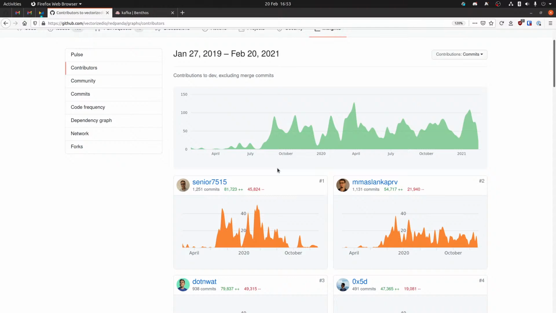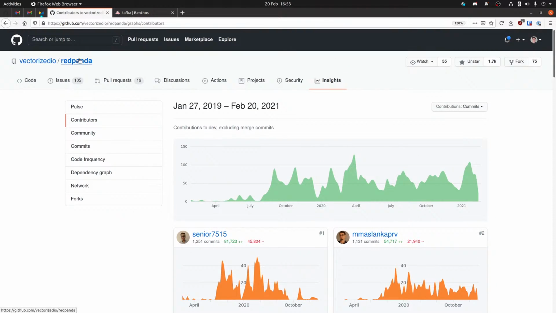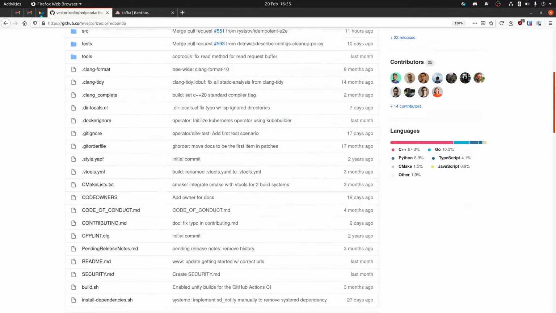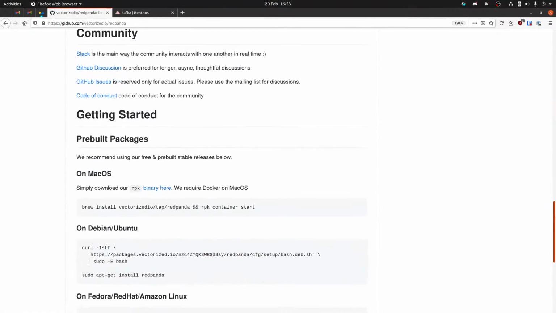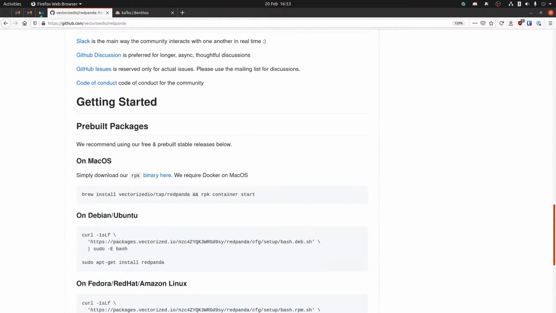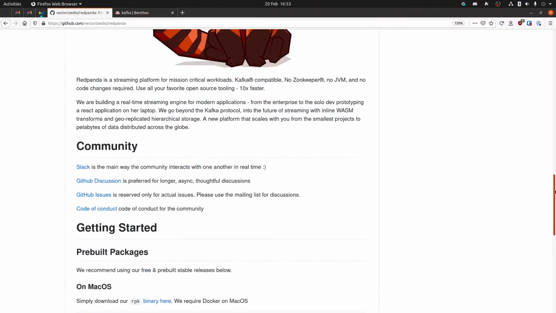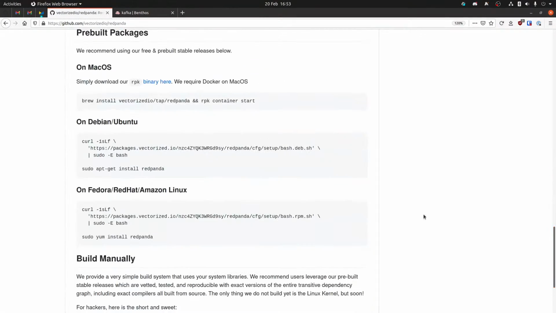So about a year and a quarter. That's pretty cool. They've basically re-implemented the Kafka protocol, as big as it is.